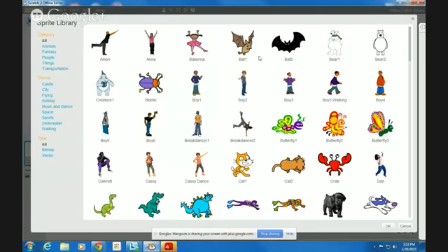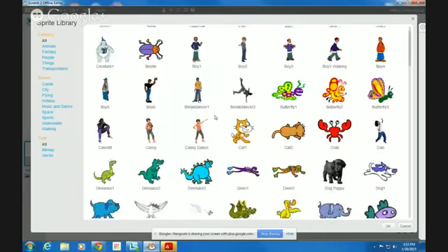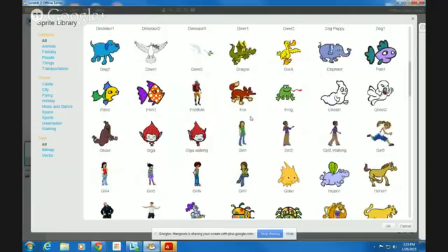I don't know the word, but all right. Now that you have that up, just scroll through and find a character that you want, and that's going to be your main character. They're going to try to get from point A to point B. Go ahead and pick your characters.